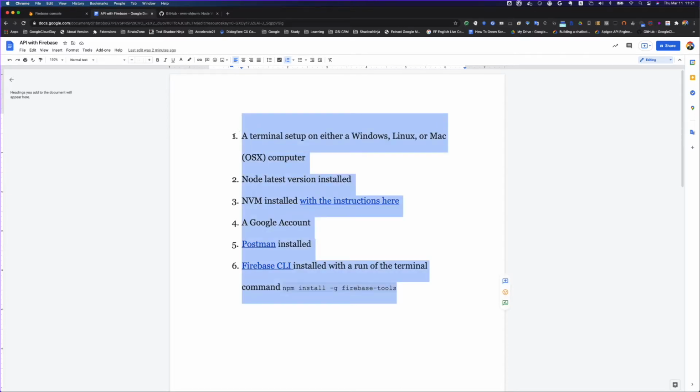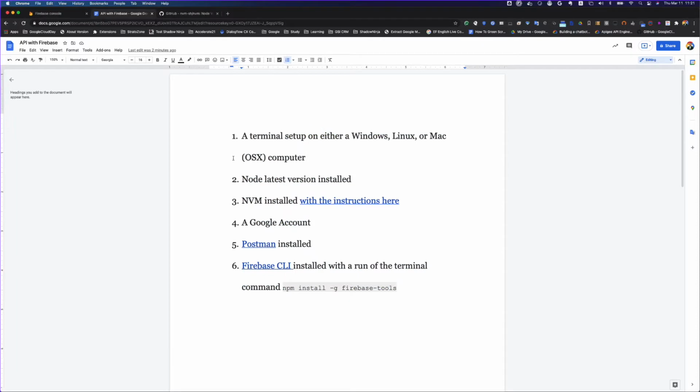So once you are done with this, the next step is to create a Firebase project. But before that, I just want to talk about what is an API and why we use APIs. So very briefly, API stands for Application Programming Interface, and it refers to any method a computer system can use to communicate with one another.